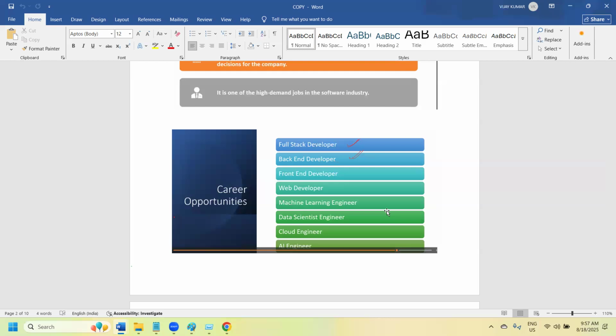For data scientists also there are a couple of modules. If you have good knowledge of these modules, we can also become a data scientist and a cloud engineer. What are the different types of clouds we have? We have AWS, Microsoft Azure, Google Cloud Platform (GCP), and Oracle also. There are many cloud versions.